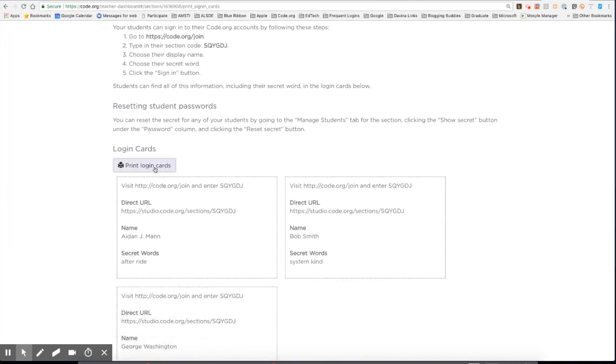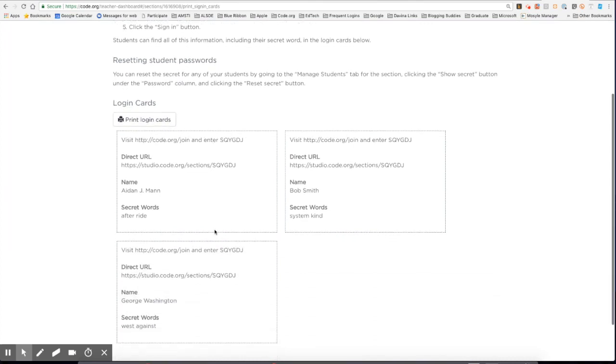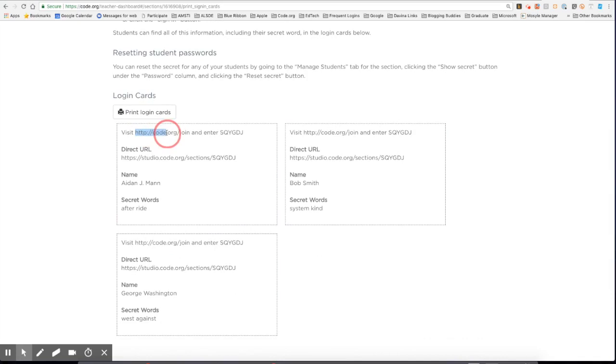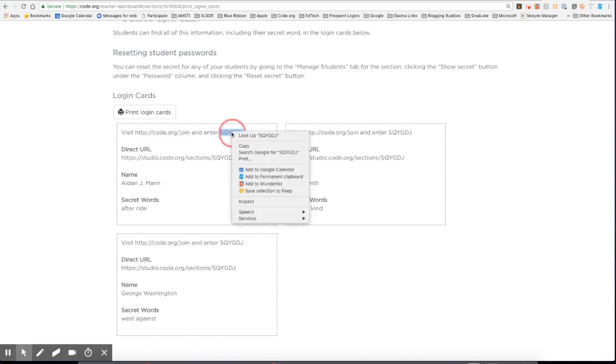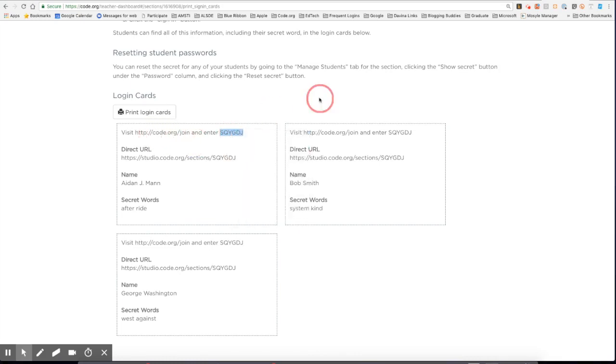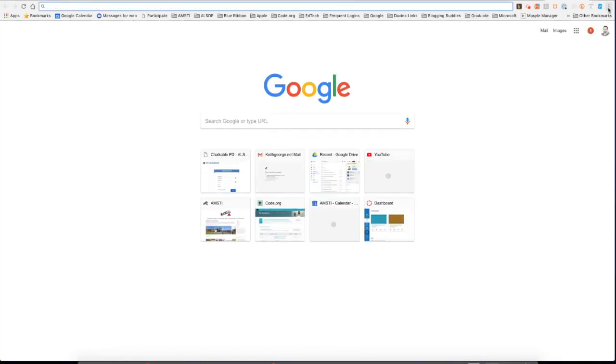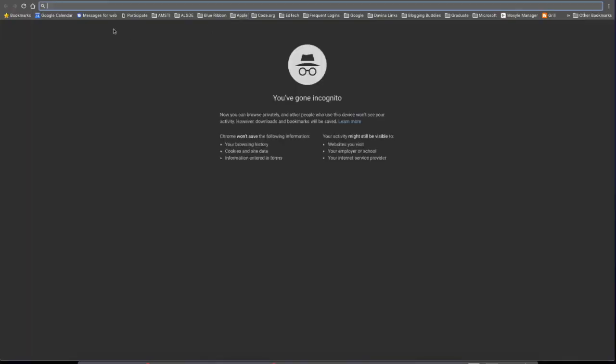And now you can see my login cards, which I can print, now have the URL and the course code for students to join, as well as their name and their secret word. So I'm going to copy this and I'm going to go in a new window, and I'm purposely going to select an incognito window so that I can show you